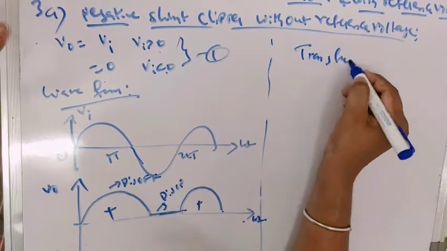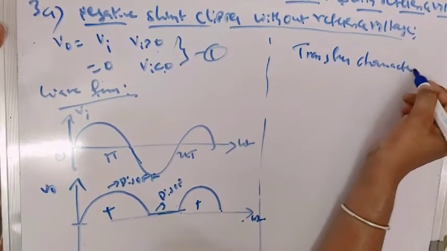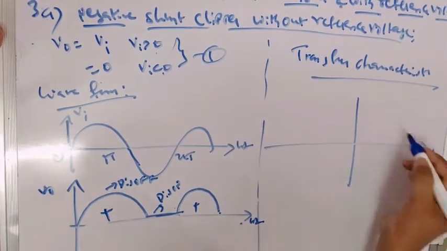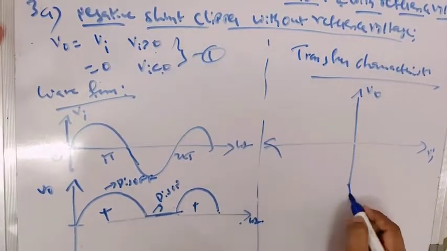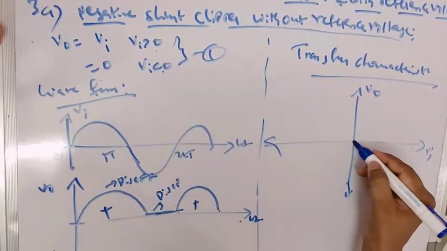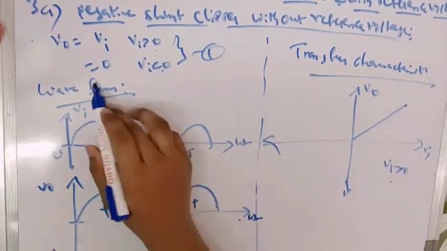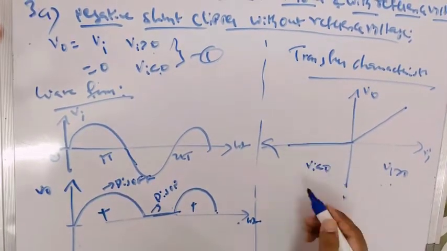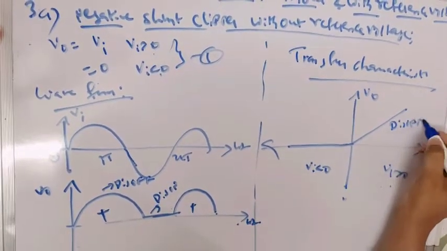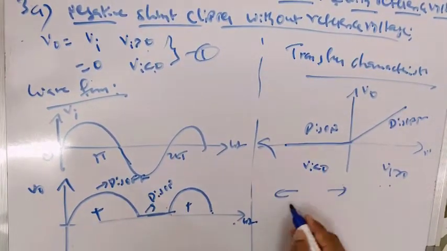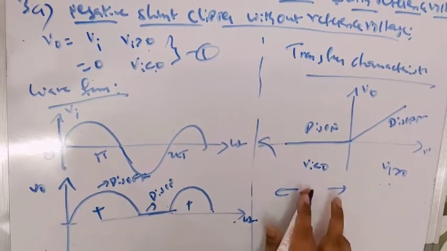The transfer characteristic, as we know, is the curve drawn between the output voltage and input voltage. So it is the output voltage with respect to the input voltage here. When Vi is greater than 0, V naught follows the input. When Vi is less than 0, the output will be equal to 0. In the first case the diode is in off condition. Here the diode is on. When the diode is on, the output will be equal to 0. This is called the clipping region,